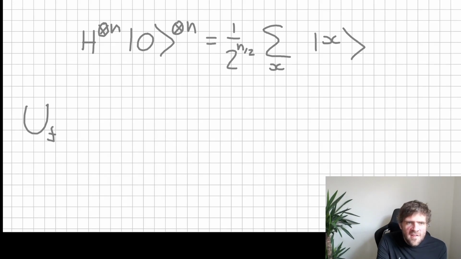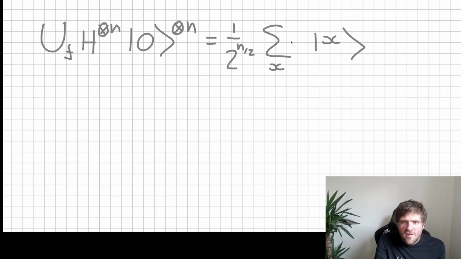And there are no phases here because we're applying to the all 0 state. But what if we were to then put in this phase oracle? Then this phase oracle does what phase oracles do, which is do -1 to the f of x. But because -1 to the f of x is defined in the way it is defined, what we have here